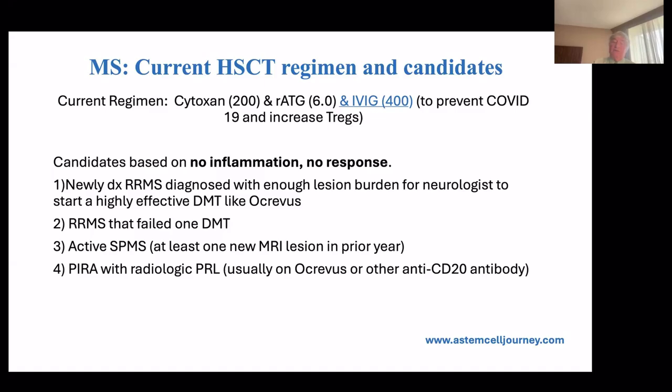But the patient would do better to at least be informed, be offered, let it be the patient's decision about HSCT up front. Non-myeloablative is definitely safer. It's not without risks, but the patient should be informed. Relapsing meaning that failed one DMT, the failure meaning a new lesion or inflammation, new acute attack, or active secondary